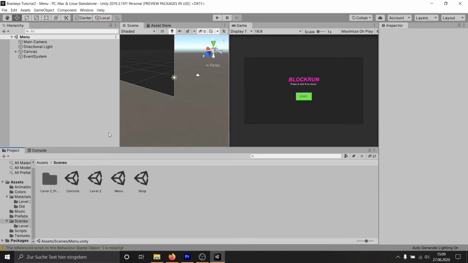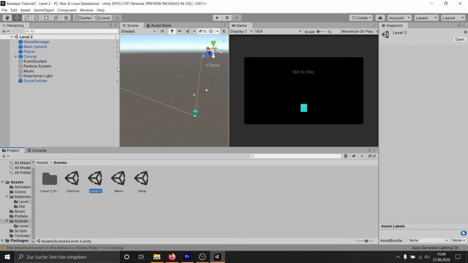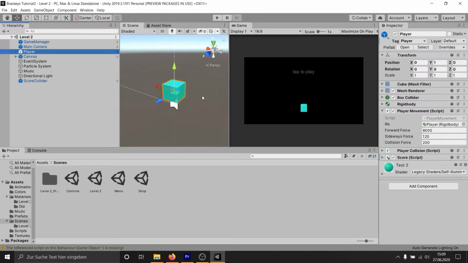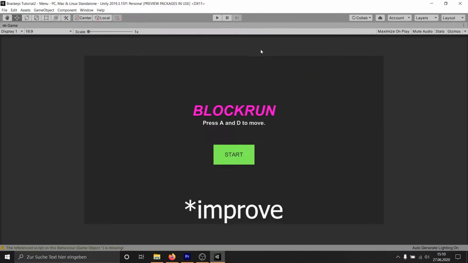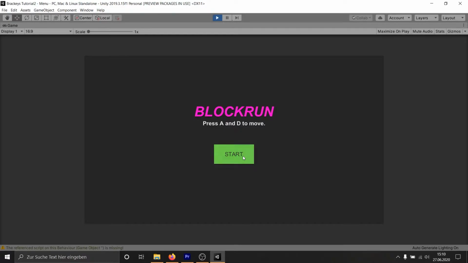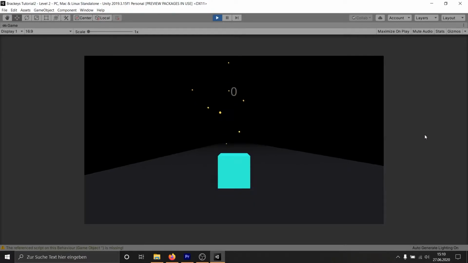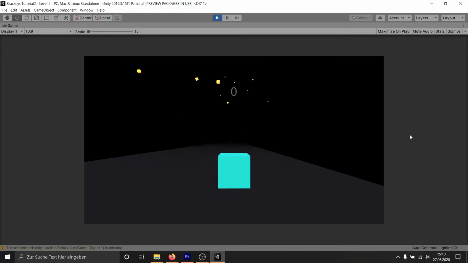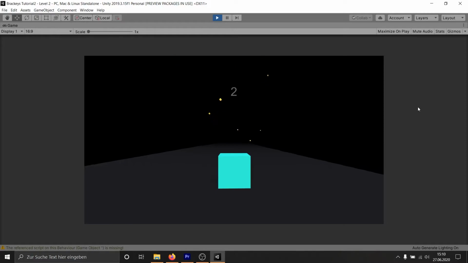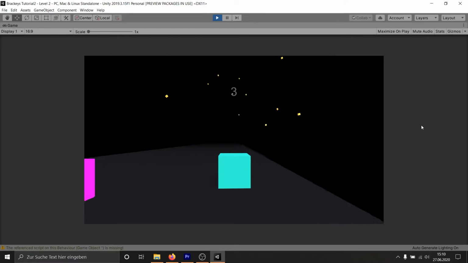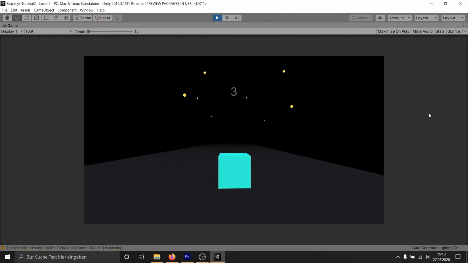I learned a lot from this tutorial, but I wanted to do my own game. So I changed big parts, searched for other tutorials to even improve it, and that's what I got so far. As you can see, we are playing a little cube in a cube world with cube particles and a cube road and everything out of cubes. The name of the game is Block Run. Cube Run would be better, I guess.